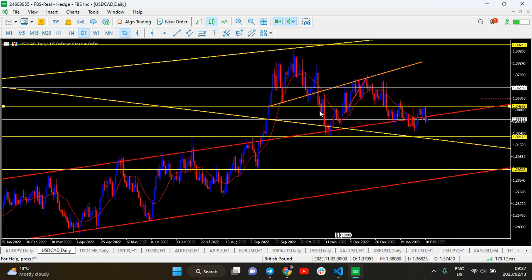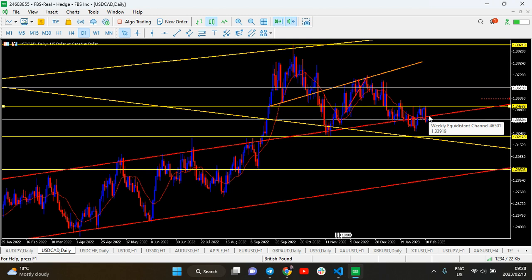However, we got a resistance over here at 1.34688, and that resistance actually did push the price lower, below this trend line, which was acting as support for as long as the price was above it. Now that the price is below it, guys, we will likely see the pair go down to around 1.32175, or even the 1.31 zone. So expect the price to drop for as long as it's below this trend line, or below